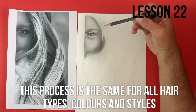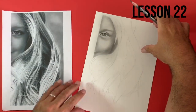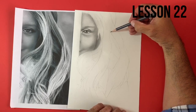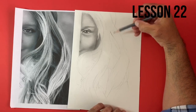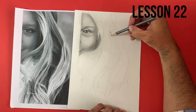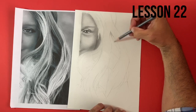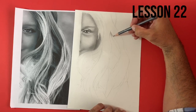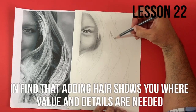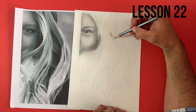So without further ado, I'm going to start in this region over here. Let me bring this, let's see, making sure that you can see it. What we're going to do then is, once we've started to get a little bit of value into these darker areas of the hair, it's then going to tell us whether we need to bring any more contrast up into the actual face itself. So we're not 100% finished with the face, the details in the eye, etc. But we're at a stage now that we're quite happy with, and we may need to add a little bit more value. In certain areas, we may need to tone back a bit of the value, depending on how dark we need to go in some of these